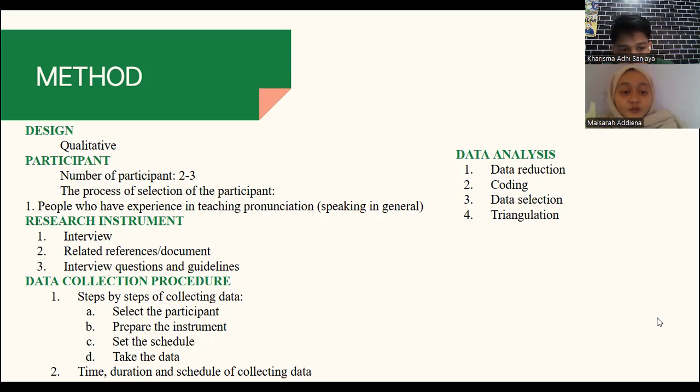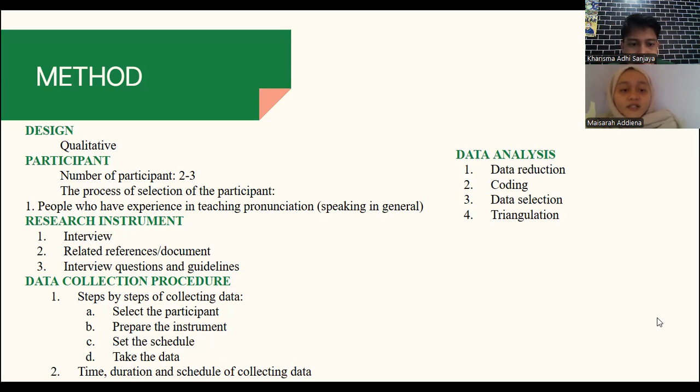And the procedure to collect the data, first is select the participant, identify and confirm suitable participants who meet the criteria, which mean experience in teaching pronunciations, and prepare the instruments, develop the interview questions, and get the supporting documents.